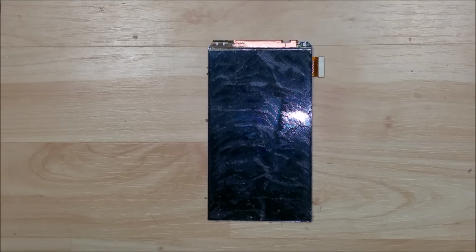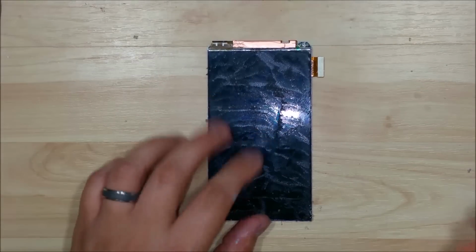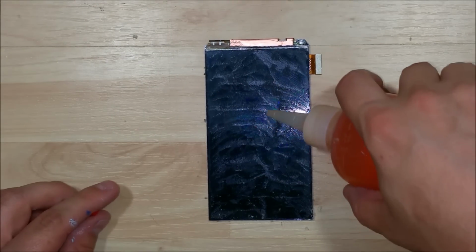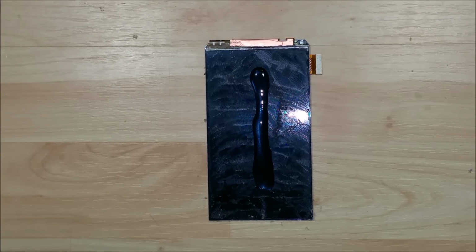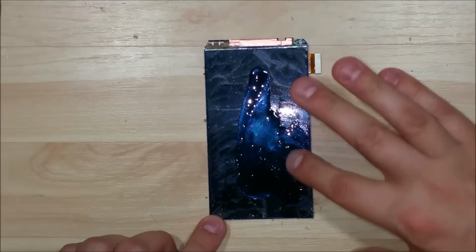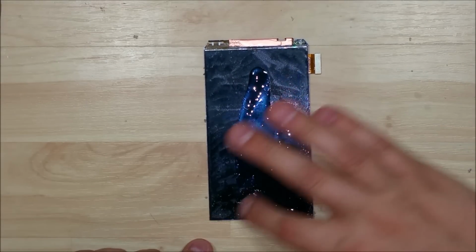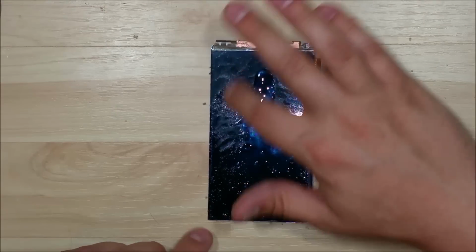What I would suggest doing on this particular display, and a lot of people aren't happy about it or wouldn't use it, but I've used it a few times and I've been pretty successful with it, is some Goo Gone, this orange. This is basically just sticker remover or Goo Off. Anything that says it would remove sticky adhesive residue, sticker residue, anything like that. So we're just going to rub it around the screen a little bit and let it soak in. This stuff is just as good as any Loca remover,